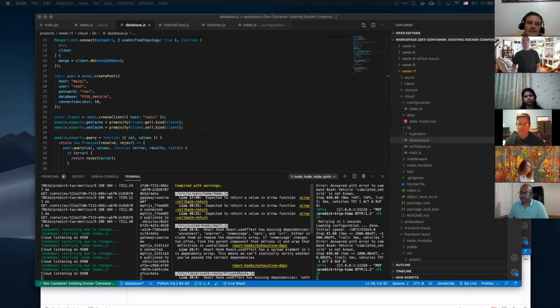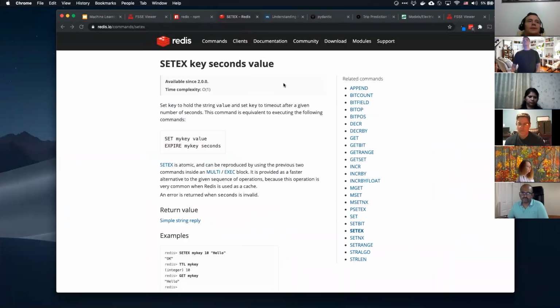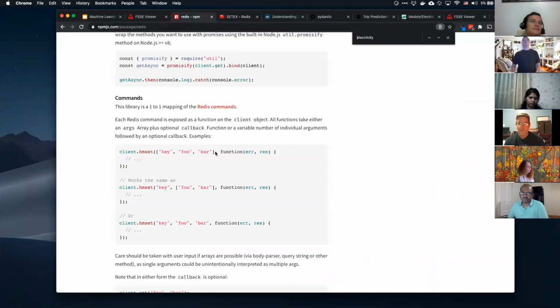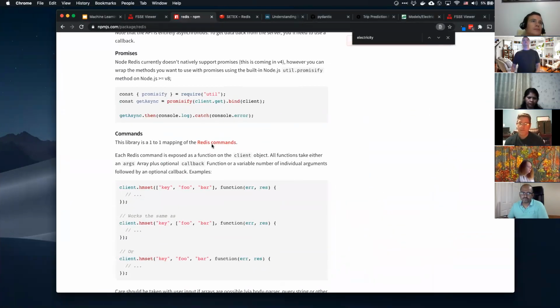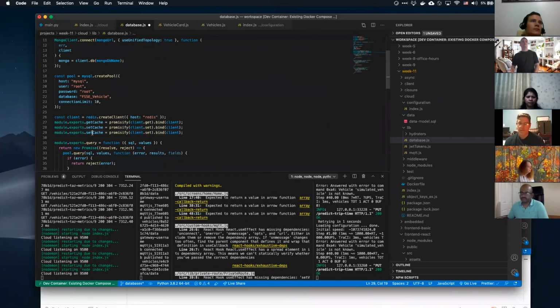where we've defined all of our stuff, and we're basically going to take this set cache. We know from our Redis npm library here that all the commands are just Redis commands. So what we can do is say, all right, we'll just say setx cache, and we'll promisify setx as opposed to set.